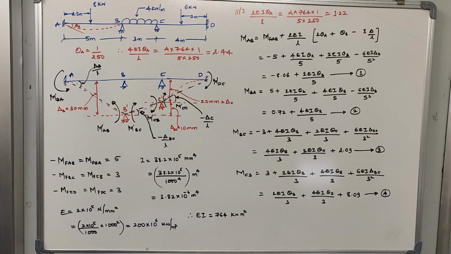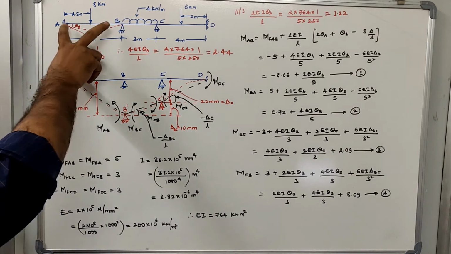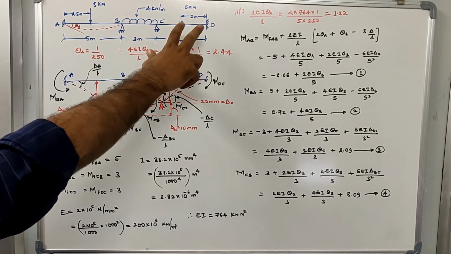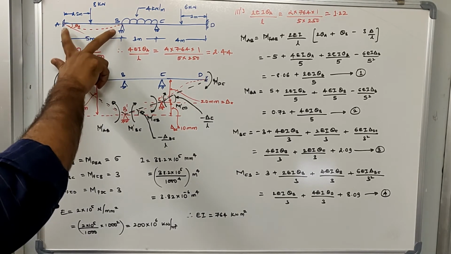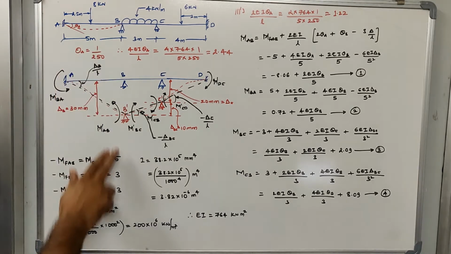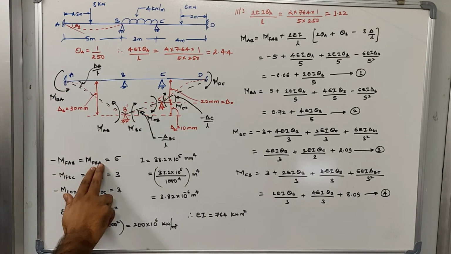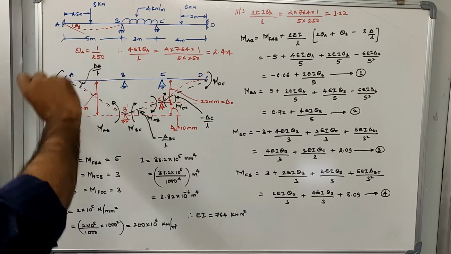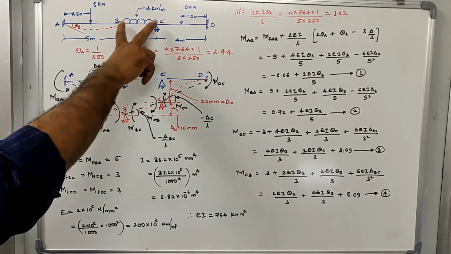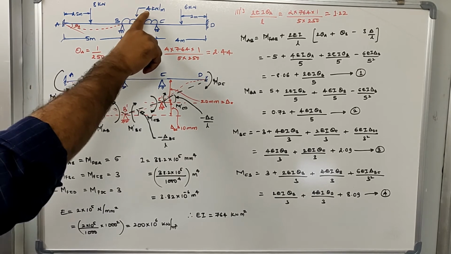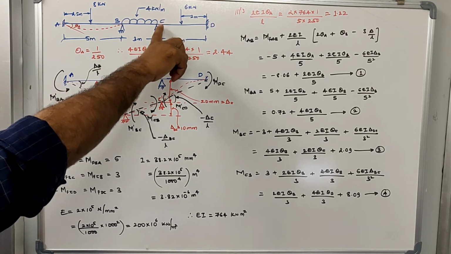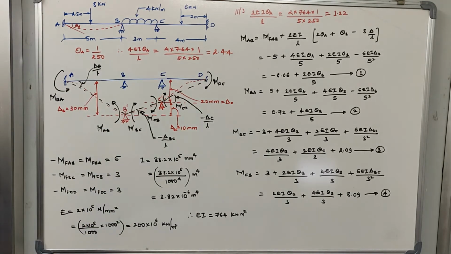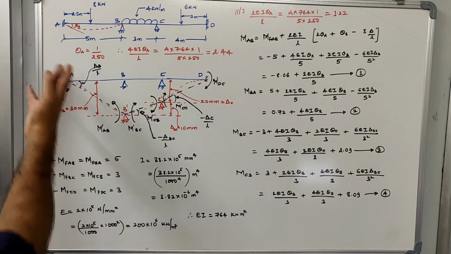Before we go and develop the slope deflection equation, what we can do is find out the fixed end moments of all the elements. Member AB is loaded by 8 kilonewton. The length of member AB is 5 meter. According to that, you can calculate MFAB and MFBA, which is 8 into 5 divided by 8, right? So it will be 5. Now similarly, we can solve for member BC, which is 4 into 3 square divided by 12, which will give you MFBC and MFCB. Similarly, MFCD and MFDC can also be calculated. Okay, so I have solved all the fixed end moments for all the members.